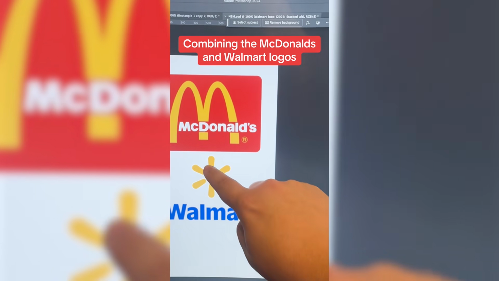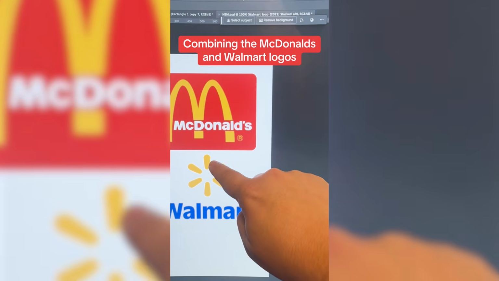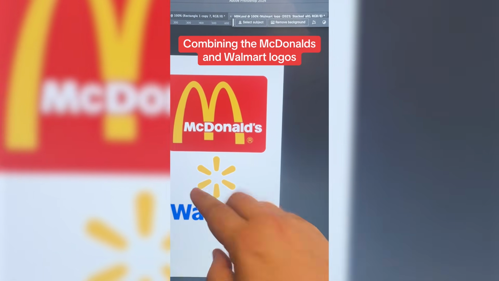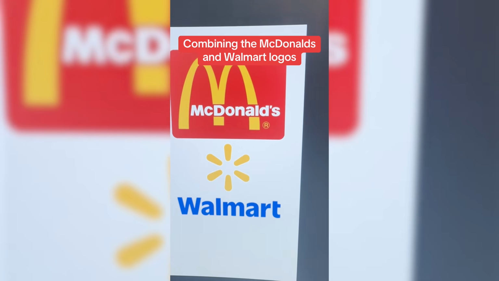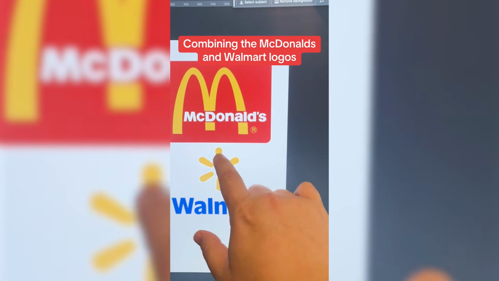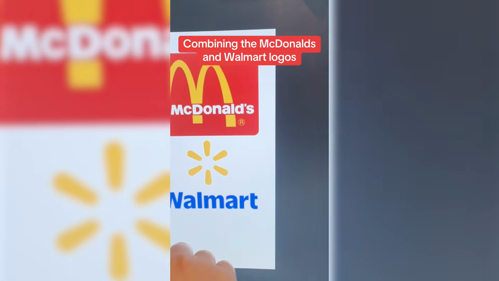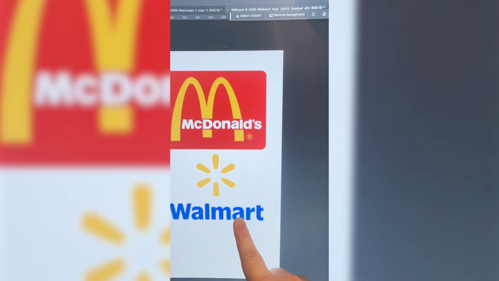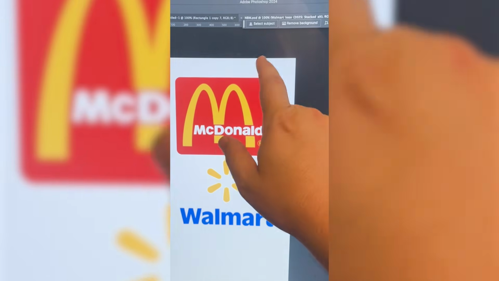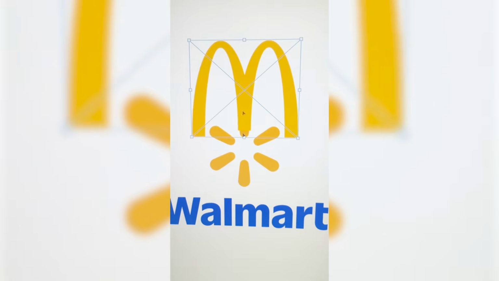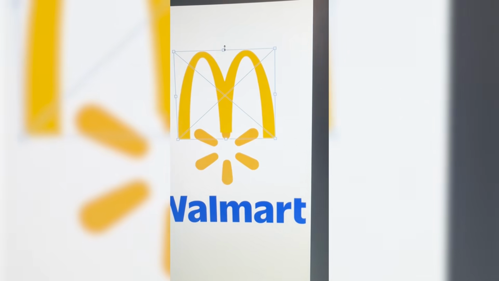So I'm kind of wondering, what if we made each one of these be a golden arch and just kind of repeat the pattern and see what the logo looks like? We might have to round out the edges to make it look a little more similar to this. And then for Walmart, I think we just call it McMart. These fonts are almost the same anyway, and we can maybe do the Mc in this red and the Mart in the blue. Okay, so we've got the golden arches layered over top of this flower, and now I'm just